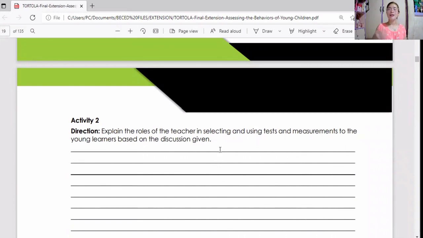If you just listen to our video, I'm very sure that you will easily write the answer in the activity 1 and activity 2. So I hope you do your best in answering our activities for you to learn also, because this is really very important, especially for us